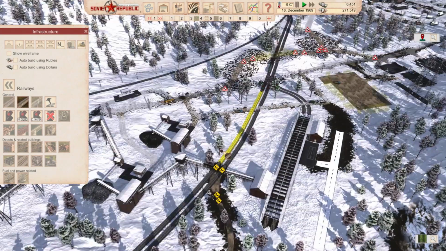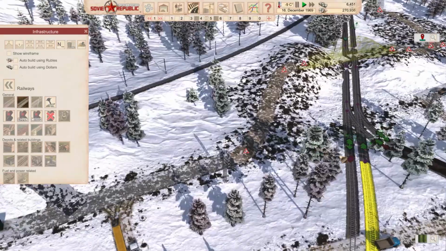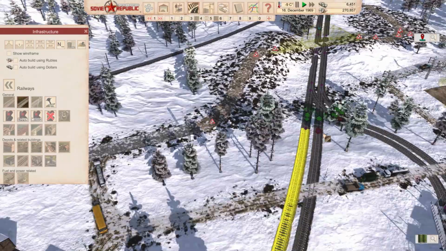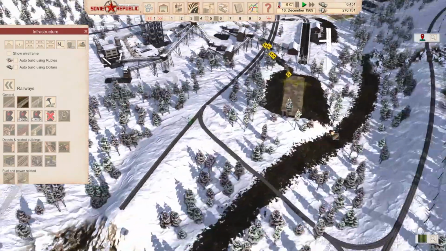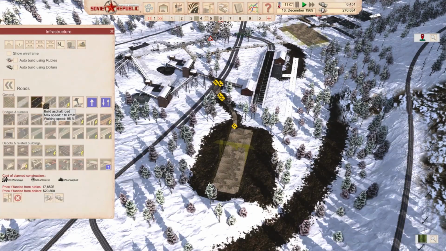I will tell them to construct it whenever you can. We'll see if their train shouldn't have any issues because they have reverse position there. Okay, they can reverse. Let's go and finish the road